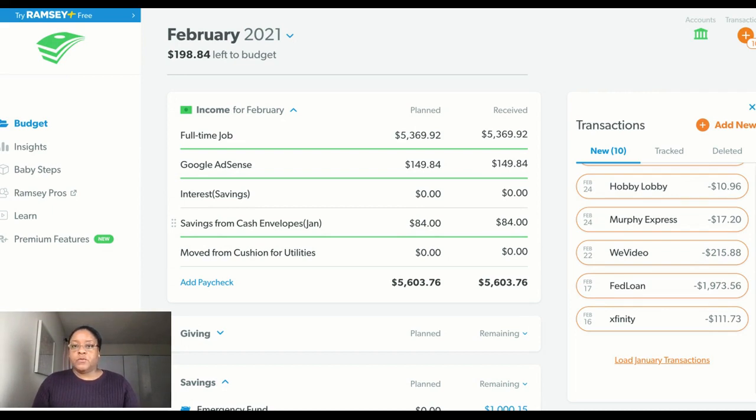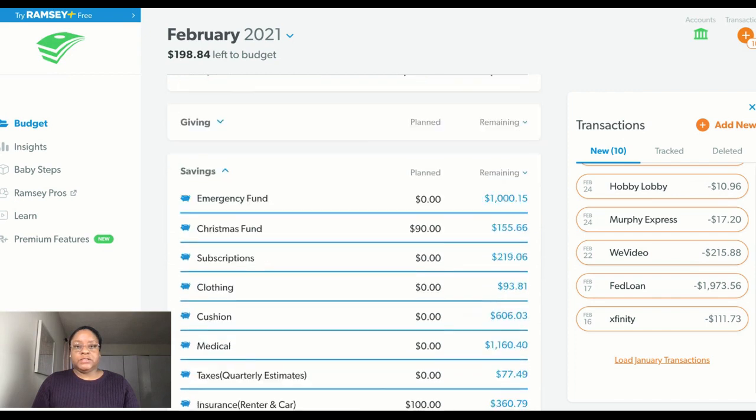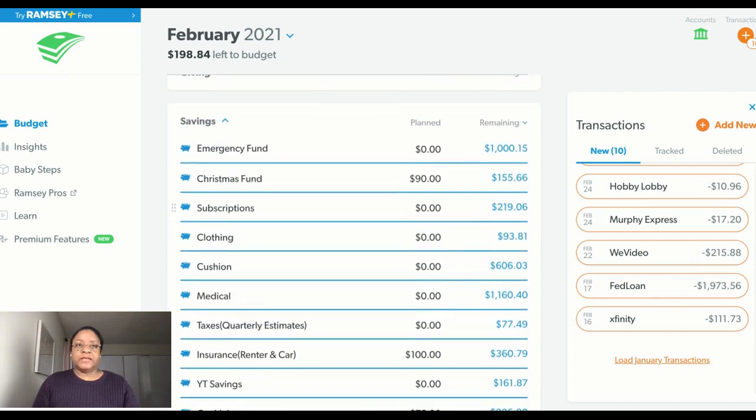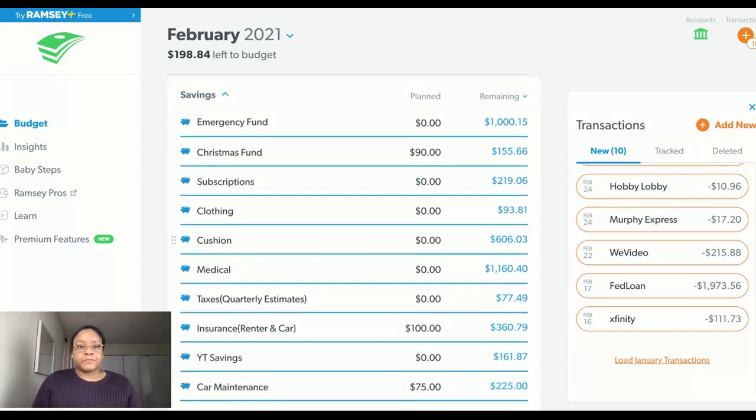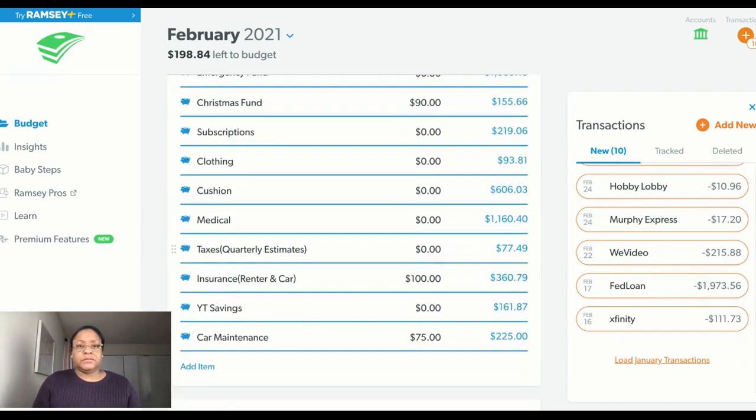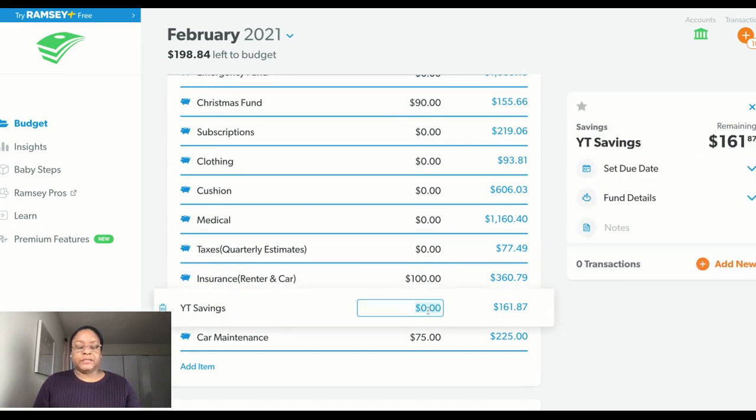So we're going to go down to the savings section, and my savings section is the savings and the sinking funds. Depends on the name. To me, it's kind of all the same. The sinking fund is just savings for some known event, or possibly unknown. You can't be exact if it's unknown, right? But that's what I do with car maintenance.